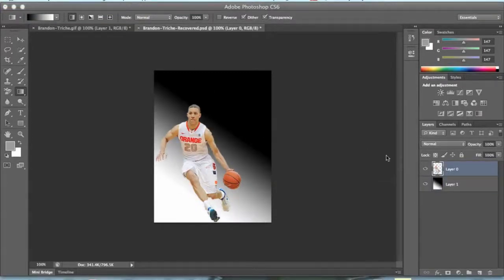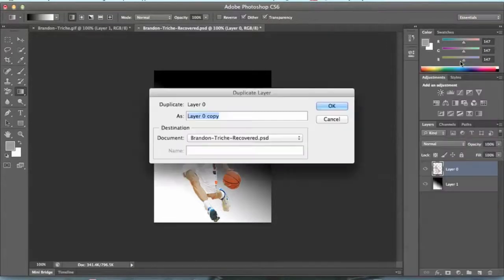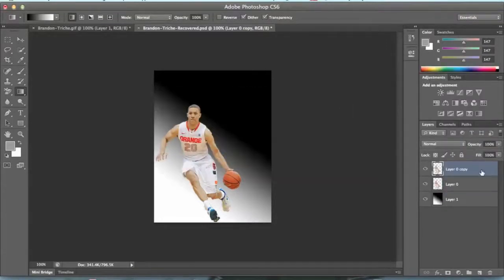To add the drop shadow to the image, we first have to duplicate the layer by right clicking the menu button for the layers and then selecting duplicate layer. Now we fill the new layer by pressing Command Shift Delete,